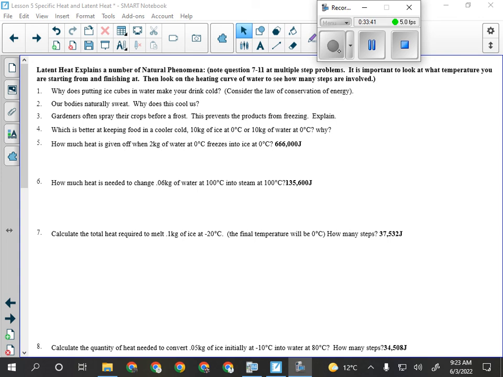Ice. The water is already melted. The ice is already at 0, but it can still absorb 333 joules of energy for every gram that's in there, where the water can't. The water's just going to get warmer. The ice isn't going to get warmer until it melts, and it's going to take a lot of energy to melt it all. That's why we do that.